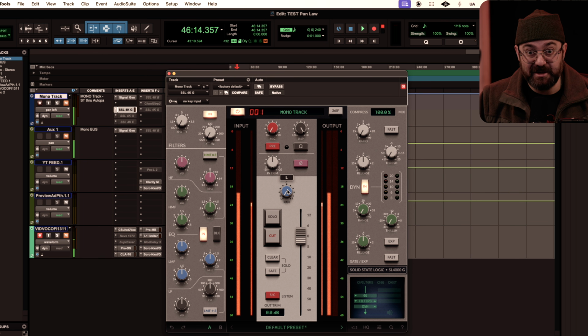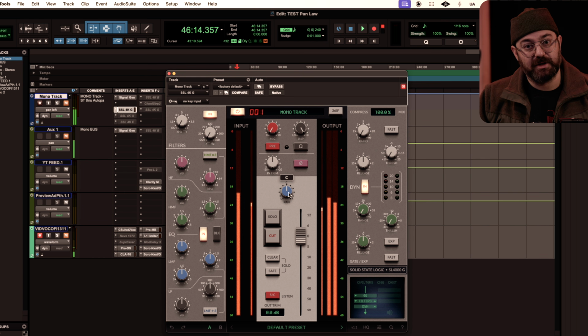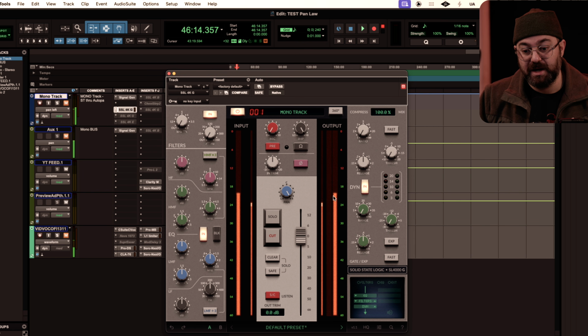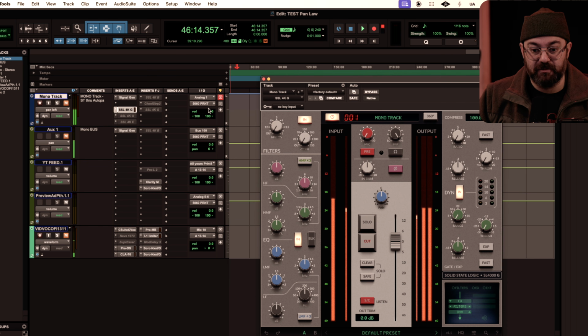Now you could say, oh, that's weird, right? SSL's plugins are negative 3 dB pan law, but their console is negative 4.5. Why is that? Because they felt in plugin form, negative 3 actually works better. So they set this thing to negative 3. When you turn it off to the right, you get that boost. When you go back to the center, it drops it by 3 dB. And it takes a second to actually get to the reading,